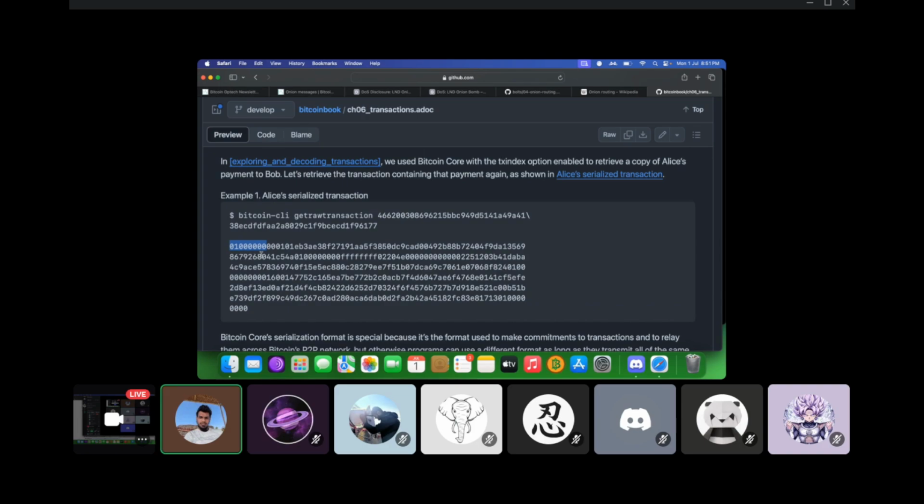So this indicates version number 1. Different Bitcoin transactions can have different version numbers. 1 and 2 were considered the standard. Even when you're studying Mastering Bitcoin, you'll learn that 1 and 2 are standard. But after the book was published, now even 3 is standard. I think a few weeks ago, 1, 2, 3 all became standard transactions. Anything above that is considered non-standard.